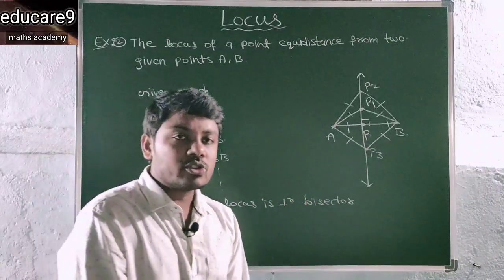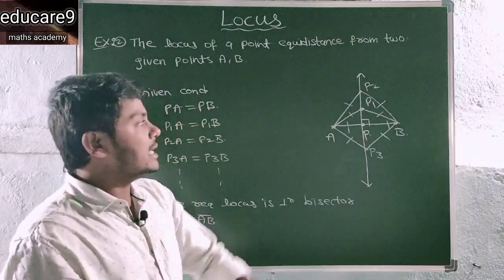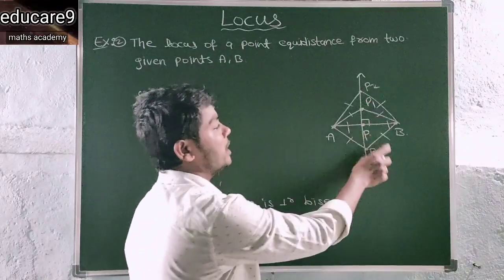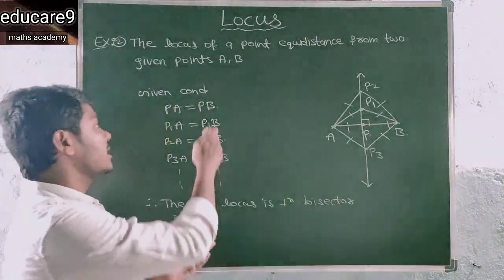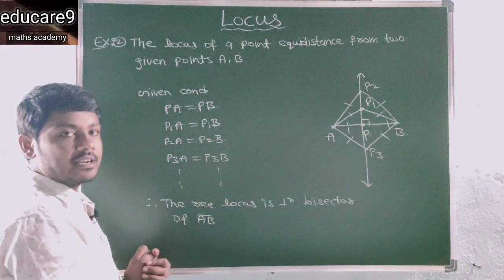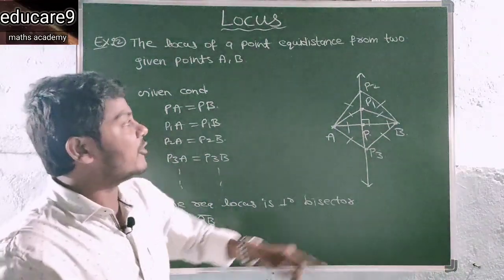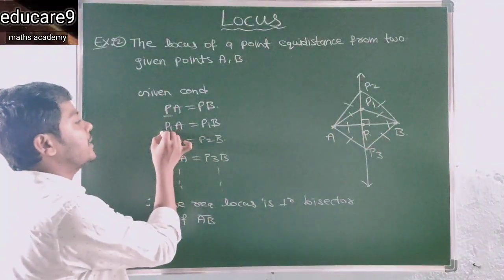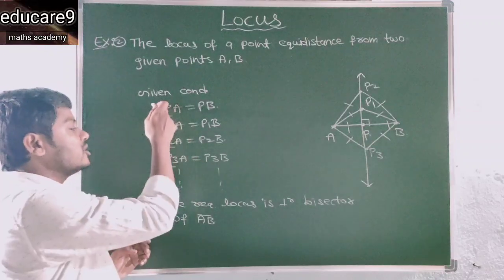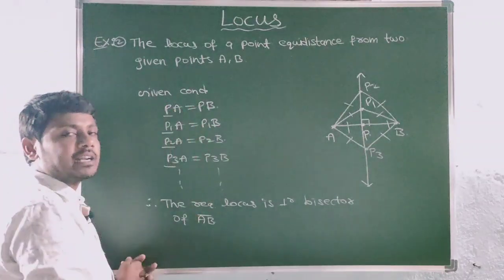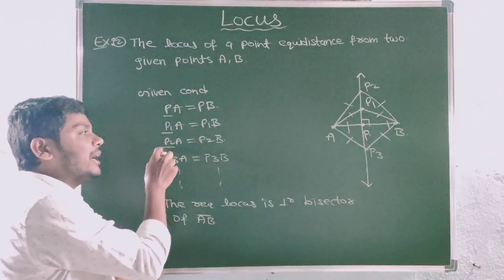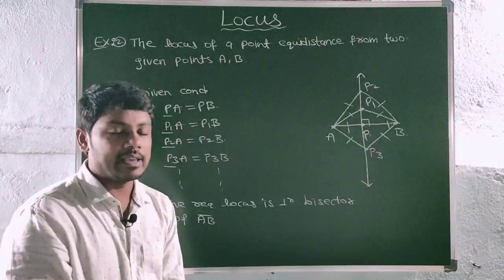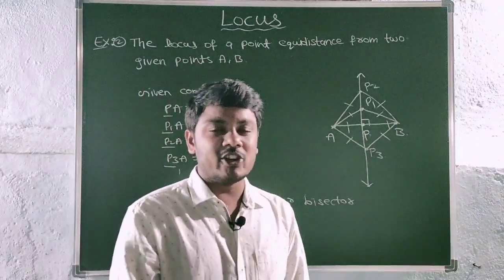So see here, clearly locus is the set of points that satisfy the given geometrical condition. So it involves two steps. What is the first one? Each and every point on the locus, so here P, P1, P2, P3, all these points satisfy the given geometrical condition. And second one, every point that satisfies the given geometrical condition. See here, P satisfies the geometrical condition, P1, P2, P3. So these are all points that satisfy the given geometrical condition. Then that point lies on the locus. Okay. This is example 2. So in the next session we will discuss more problems.